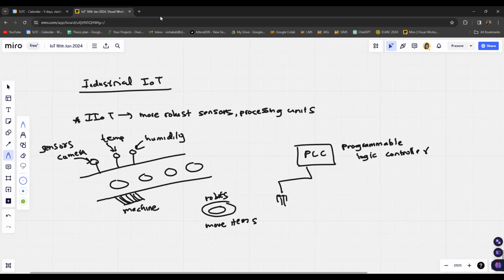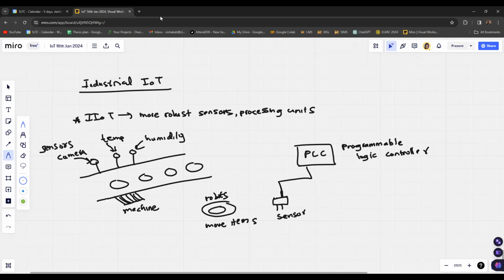So if I draw the sensors in a large dimension, then I will be able to show the sensor using this box. I will say this is a sensor. Then this sensor can be connected to the PLC using some lines, copper lines, or some kind of connection lines. So whatever the temperature, let's say temperature sensor measurements are taken, those temperature measurements will be sent to the PLC through a connection link.